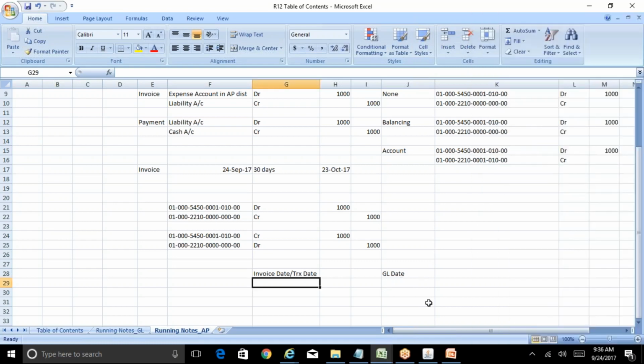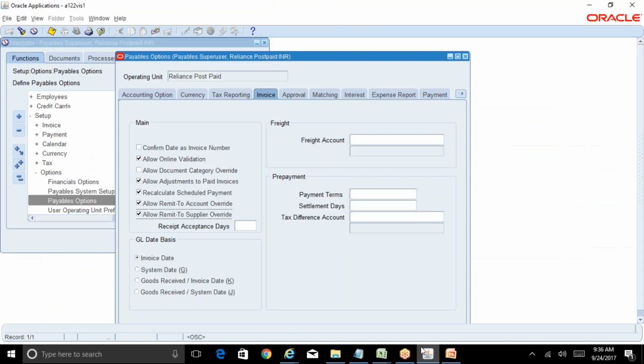So invoice date will be 21st of September. GL date will be 24th of September. So generally, your GL date depends on this. Like, how do you want the system to calculate the GL date? Whether you want the GL date to be an invoice date or system date or goods received date, something like that. So either you can go for the invoice date or you can go for the system date. If I select the GL date basis as system date, then